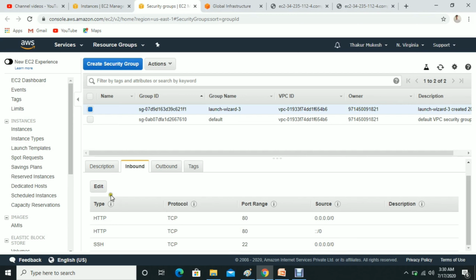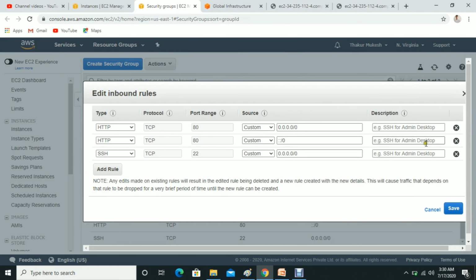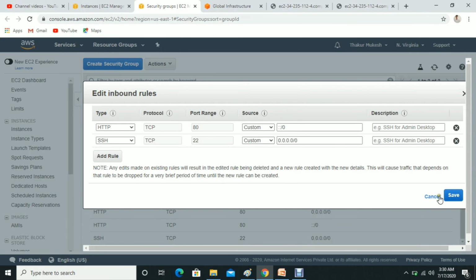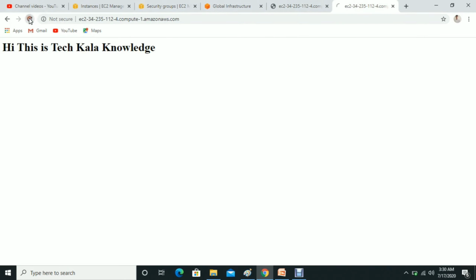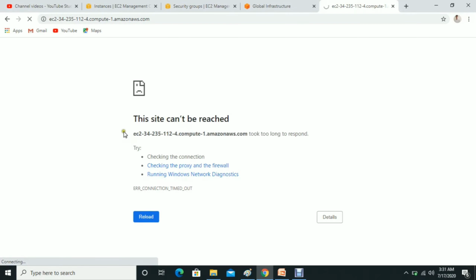Suppose I remove this port 80 rule and save. Then you will see that my web page will not work. After some seconds it will time out. Let me close this one. It is searching, but port 80 is not open, so HTTP is not open. Now you can see this site cannot be reached. Timeout.